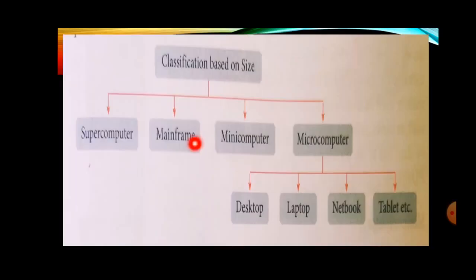Now student, we are going to discuss the classification of computer based on size. Under this, the first one is supercomputer. Student, you all know that supercomputer is a computer with very high speed and memory. It is huge in size, covering a room. It is the most expensive computer. The second one is mainframe. Okay student, mainframe computer, a computer with large storage capacity and very high speed. After that, mini computer. Mini computers are smaller than mainframe, both in size and speed, storage capacity, etc.